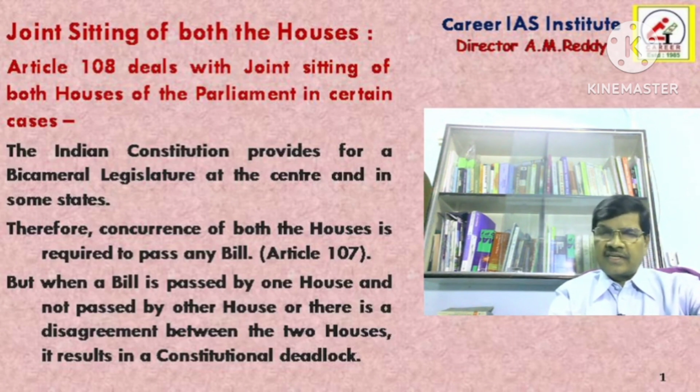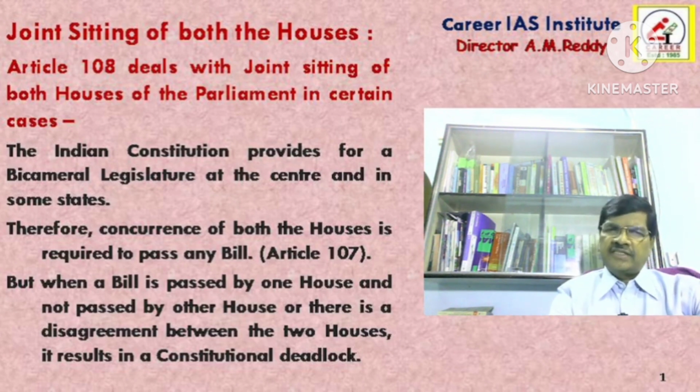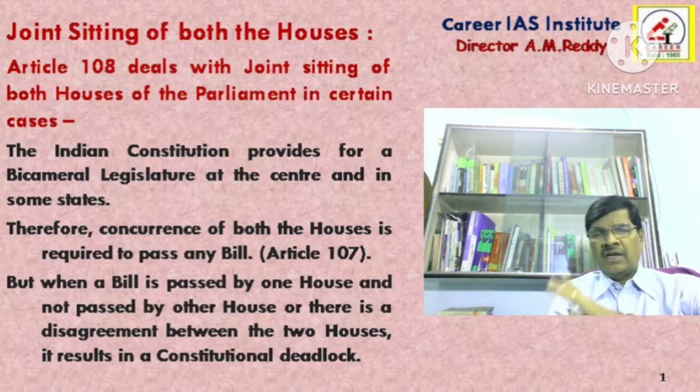So what are the certain cases? When there is a constitutional deadlock. In order to resolve this deadlock, the remedy is a joint sitting of both the houses of parliament. So, as far as this article is concerned, or as far as the joint sitting of both the houses of the parliament is concerned,